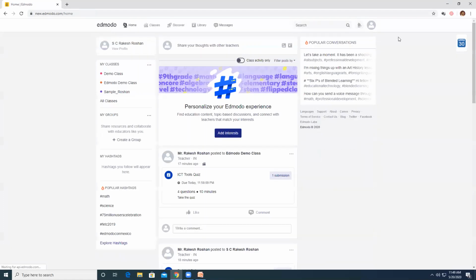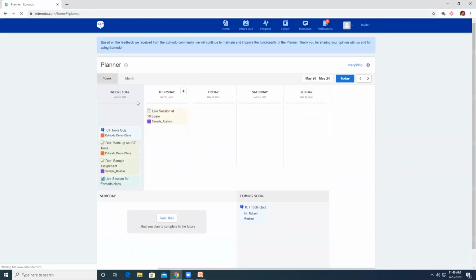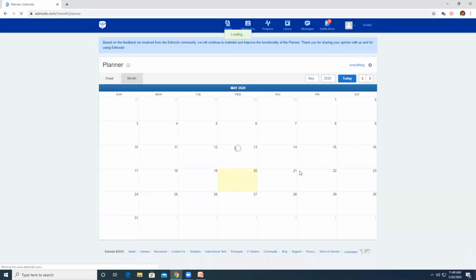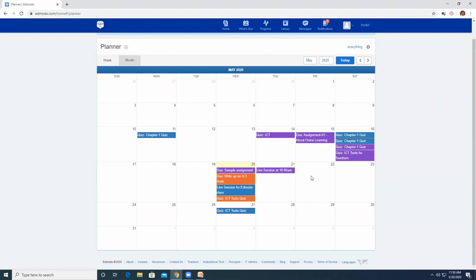One more very important thing: like your Google Calendar, you have what is called an Edmodo planner. On the right side, you have this calendar-shaped thing. That's your Edmodo planner. So let me put the month. Now you can see all the things that are scheduled for your students. Let's say you want to have a class tomorrow, the 21st.